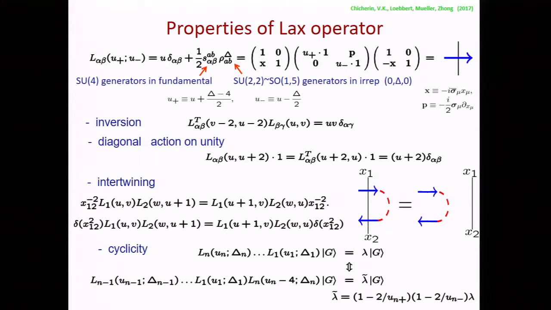When G is our graph, so we are acting by L on a graph, or on spin chain sites, let's say so. And there is the cyclicity property that you can put L1, Ln to the right by shifting according to the argument. Okay,